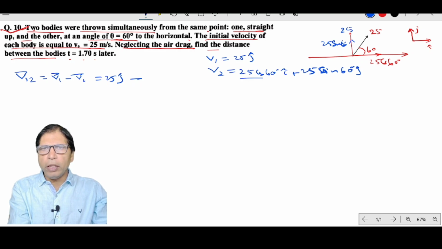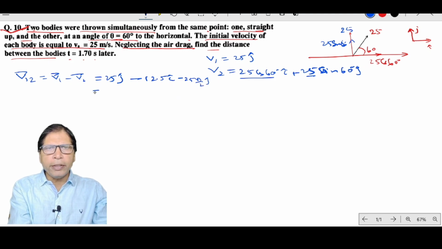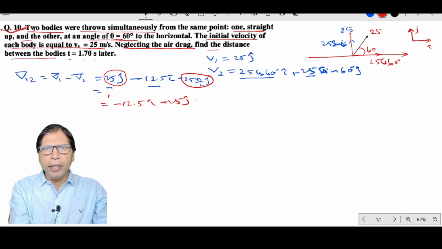So V1 is equal to 25 j cap, and V2 is equal to 25 cos 60 degrees, so this is 12.5 i cap, minus 25 sin 60 degrees, so this is minus 25 into root 3 by 2 into j cap. Okay, so this is 25 and this is minus 12.5. And now this minus this. So here this is minus 12.5 i cap,